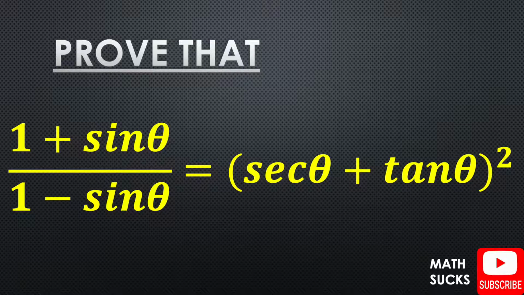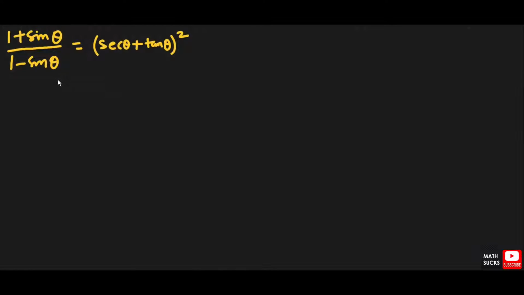In this expression, the best strategy I'm going to show you is that first of all, we look at the left hand side, and then we'll look at the right hand side as well, and then we'll realize that what we want to prove is in terms of sec θ, which you can look at in terms of 1 over cos, and then there's tan, which you can look at as sine over cosine. So which gives us an idea that when you are beginning from the left hand side, the best idea is to be creative and then introduce cosine